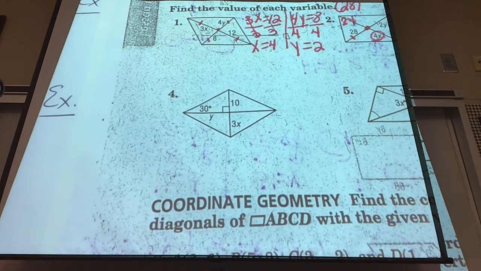And what did we get? 3.3. Because you should have had 10 divided by 3, and 10 divided by 3 is not going to be a whole number. Now, y was going to be a little bit harder. Because y, you are actually going to have to do something a little bit different. I'm not going to make you actually do y right now, because y,